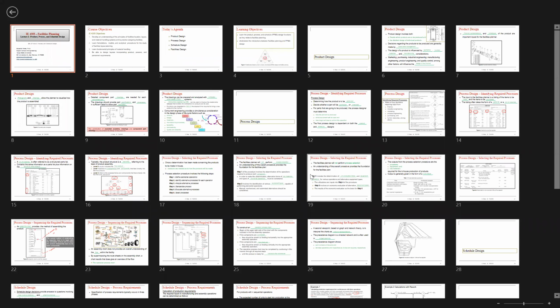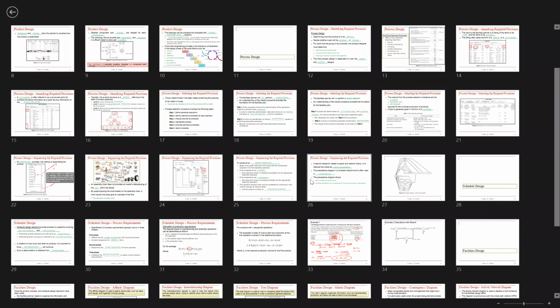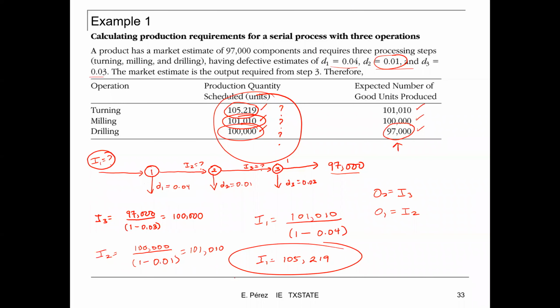And last time we discussed up to this slide in which we were calculating the production requirements for a serial process with 3 operations. And we show that given an expected output in terms of the number of good units to be produced, in this case